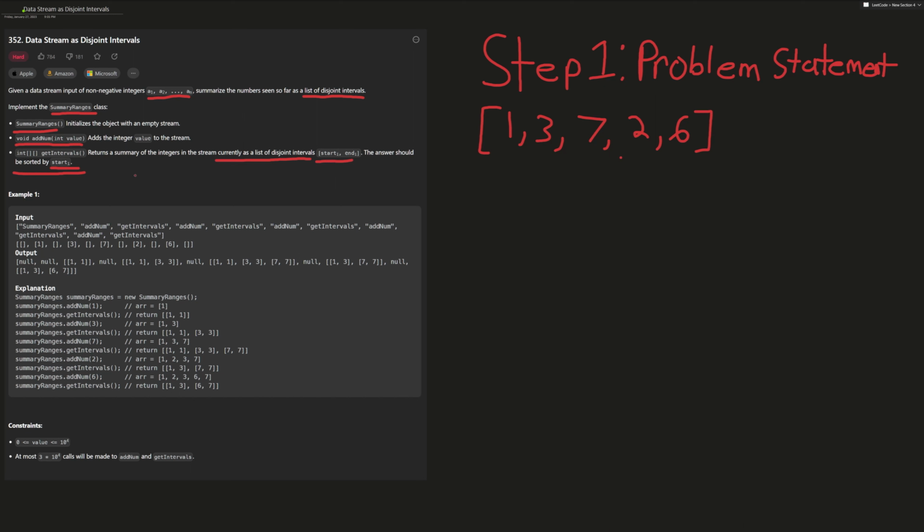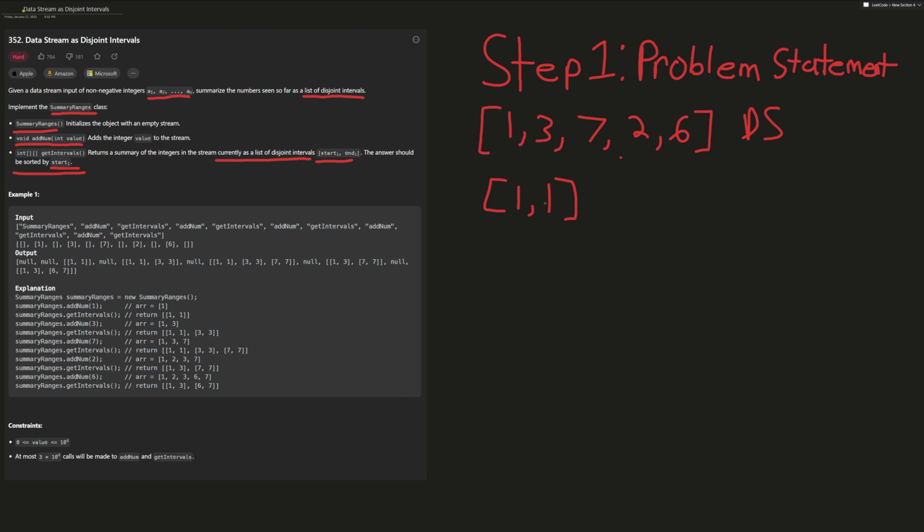Okay, so that's a lot, so let's just go over an example. So here's the data stream in question. We'll just call it DS for now. And these are going to come in one by one. And you don't know when you're going to be asked to actually produce the intervals. So it's up to you whether you want to maintain them or just produce them at the time that you're asked for it. So let's just say for the sake of this example that after every single integer we're given, we're asked to produce the intervals. So after we're given 1, the intervals are just going to be [1, 1],